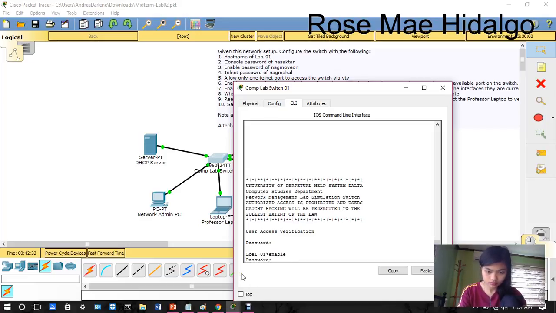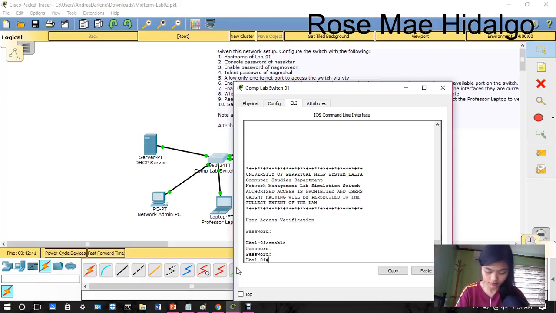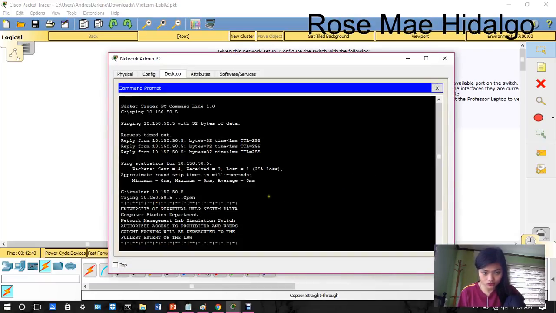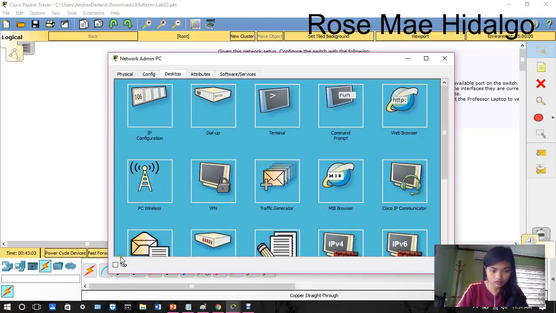Enable password. Okay. Now go to the PC admin. That's it. And now we try to telnet to see if the banner is already set. And the banner is already set. So exit. Oops, sorry. Exit. Okay.